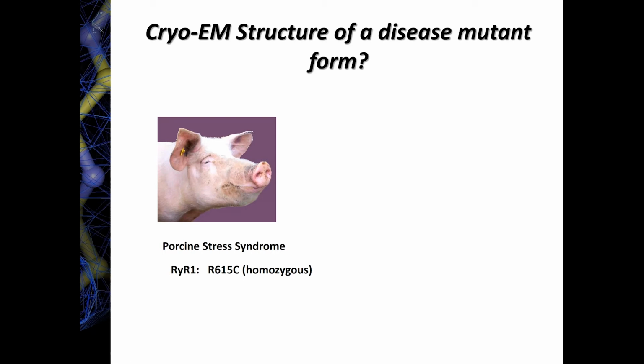Now, the phenotype here is quite strong. If these pigs get stressed, they essentially can die. So you could ask the question, how is that evolutionarily even possible? How can such a pig survive? And you could argue that there's actually one selective advantage for having this mutation, if you can call it an advantage.